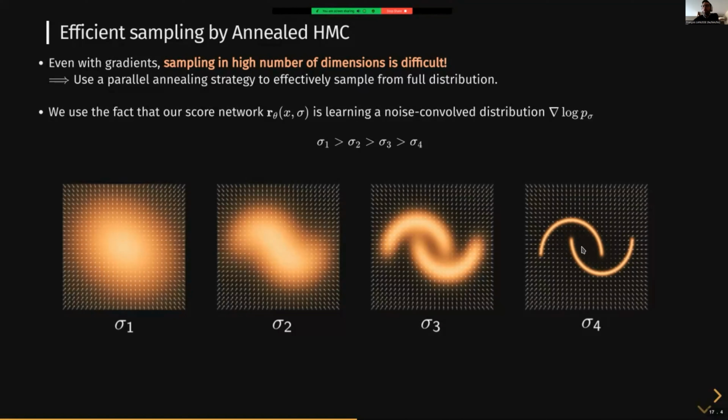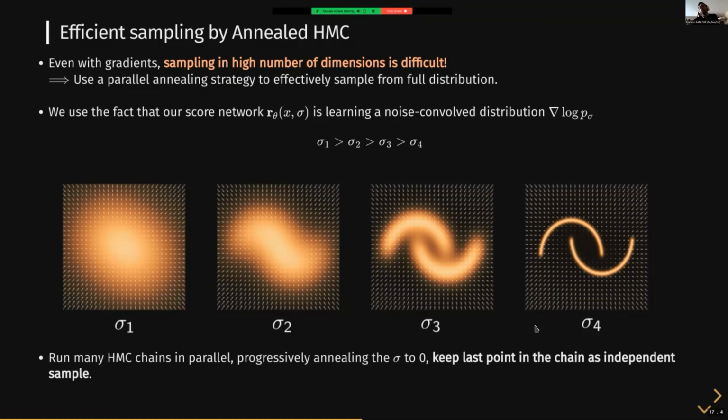The idea is that I can convolve this distribution with some amount of noise, again. And as I add more and more noise to the distribution, it becomes just a blob, essentially. And so sampling from that distribution here on the left becomes very easy, because it's just one big blob, and that's very easy to sample from. And then if I evolve a chain and slowly lower the temperature, the chain will end up in one of the modes here, and back at no noise will have reached one point in the target distribution. That idea of annealing your distribution is extremely powerful. And in practice, that's what allows us to sample very efficiently very complex images.